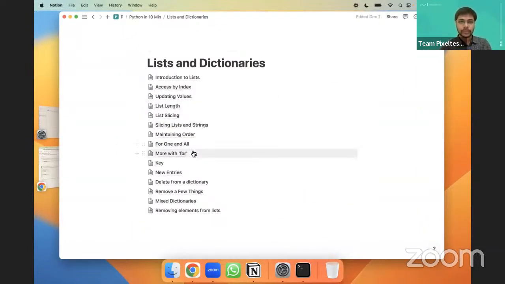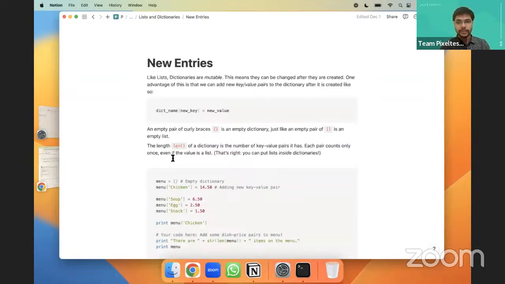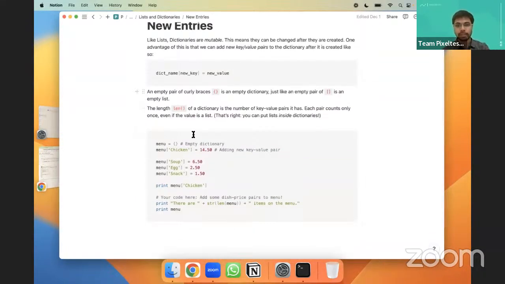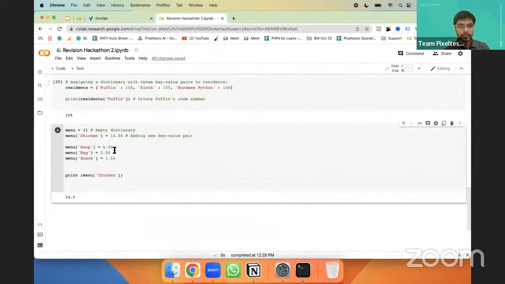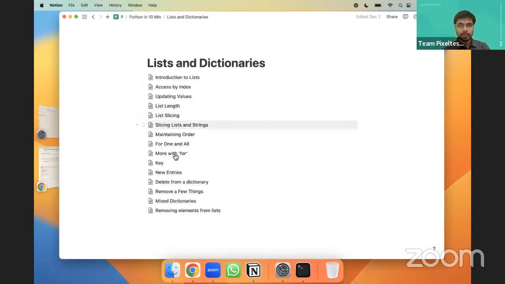Similarly, you can delete from a dictionary also, right? So how do you insert a new item was this way, right? When you add the name of the dictionary, square brackets, the key and value equal to value, this particular new item gets added to that particular dictionary. So how do you remove is also simple.